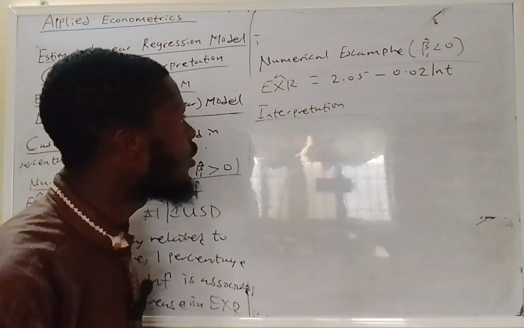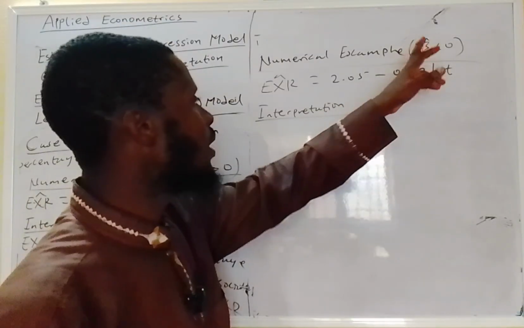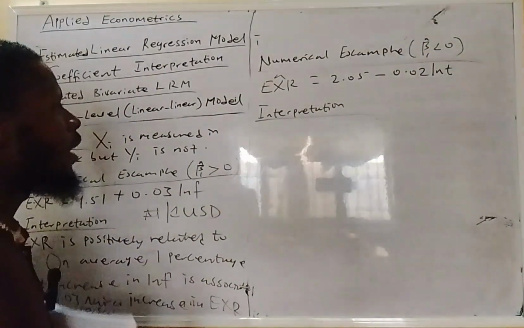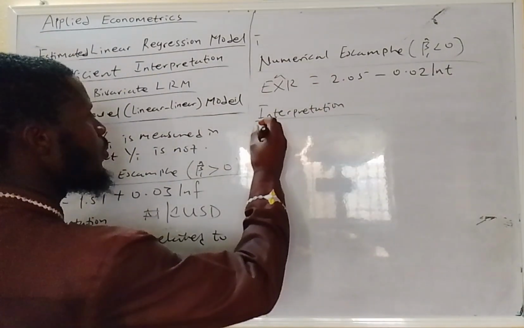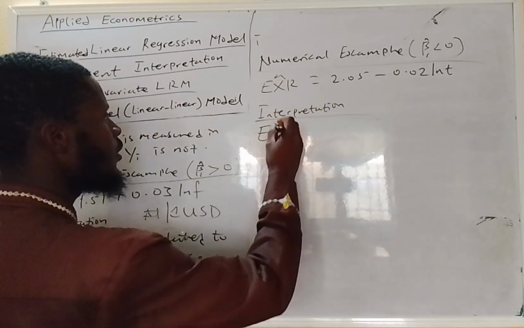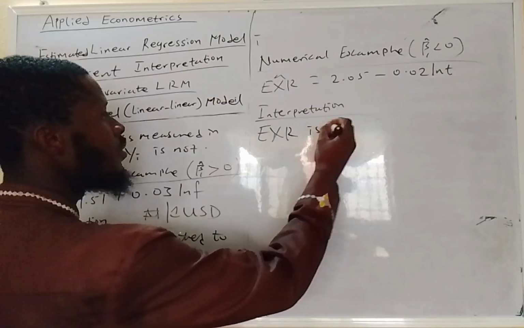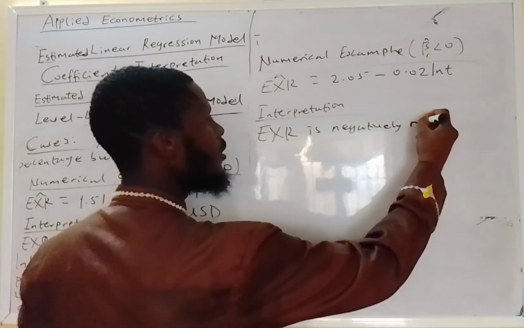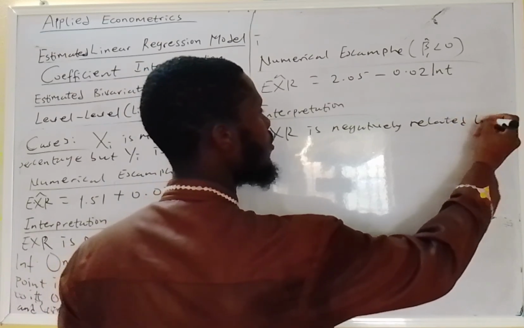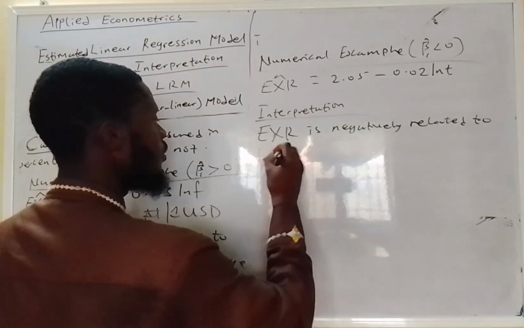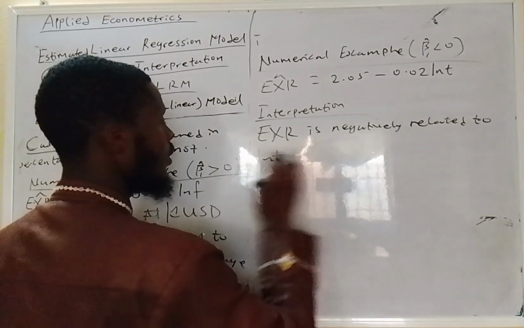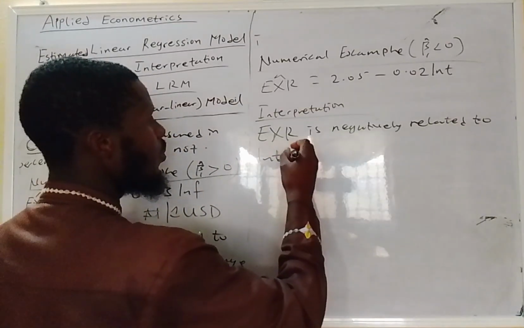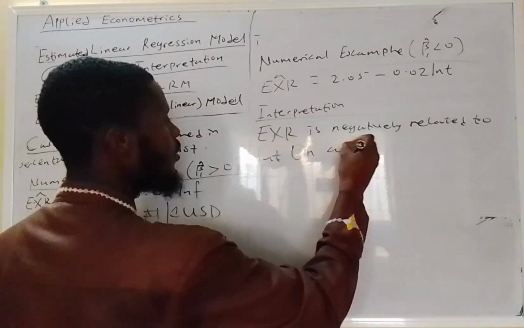What of the situation whereby the estimated beta 1, the coefficient, is less than 0, that is, it is negative? How do you interpret that? Very straightforward. The interpretation goes thus: the exchange rate is negatively related to interest rate. We can write it in full or just interest rate. Which implies that on average,